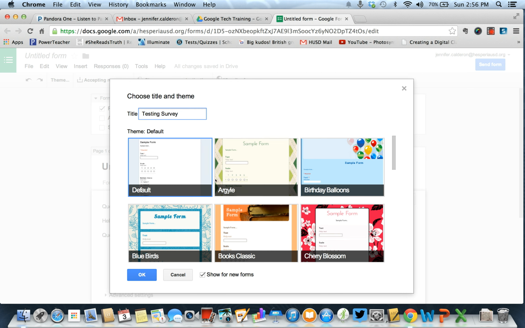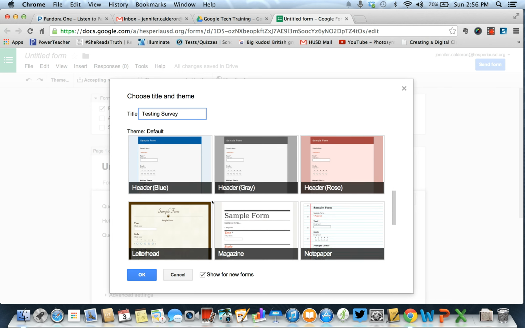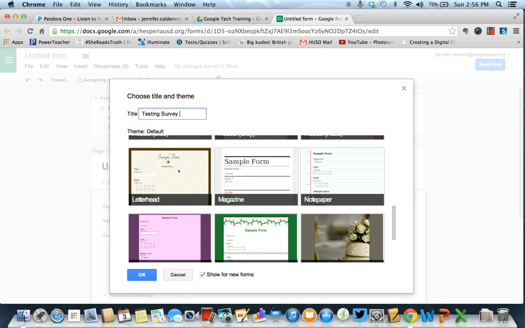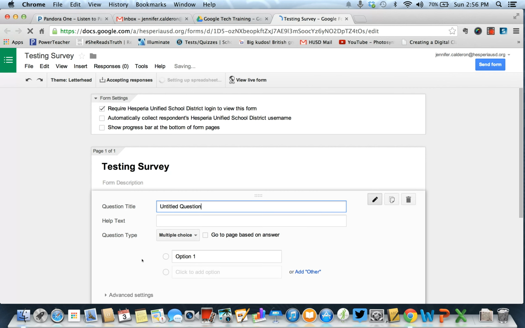and then what it allows you to do is pick a background that you want your form to be on. So you can have fun with it, or you can keep it simple. We'll just use this one for example. And then you just click OK, and automatically it names your survey, and it comes up in our Google accounts